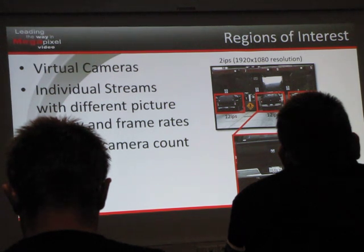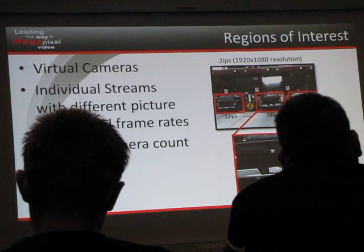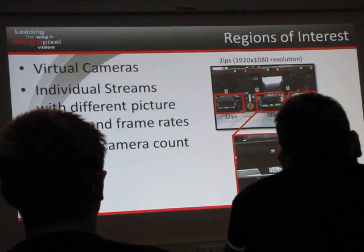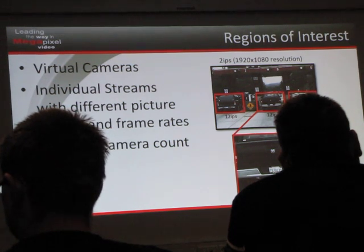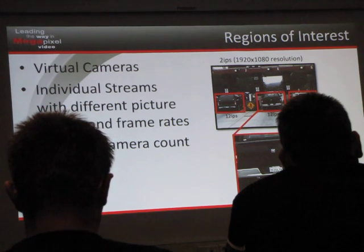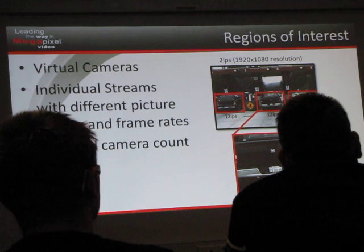If you guys have more questions about this, I'll be happy to field them at lunch. I don't want to dive down this too far because this is a unique feature that's not too integrated by our NVR partners. Typically, an NVR partner will take the full field of view, and then they'll allow you to duplicate that image multiple times and zoom into different regions of that picture. It's the same concept, but the difference is this way gives you better